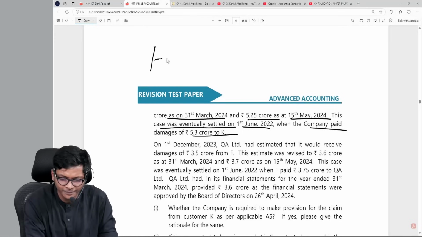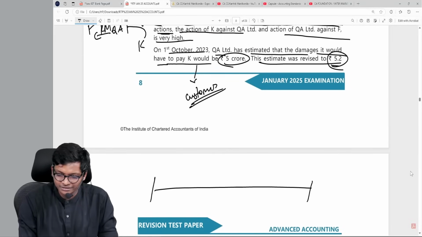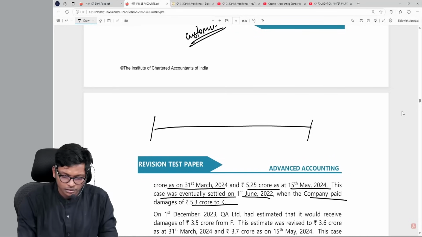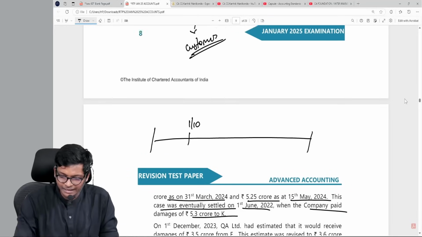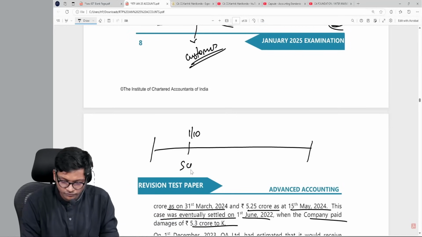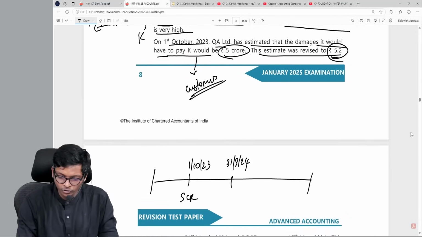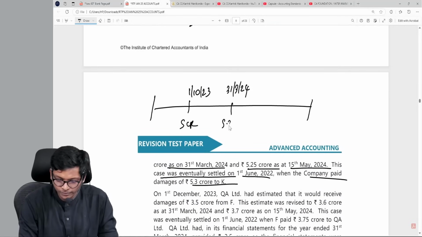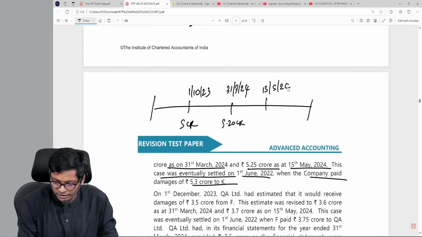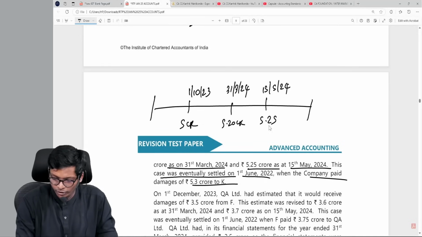That means if I prepare a timeline, if you look at this timeline, guys, on 1st October 23, the damage payable was 5 crores. Then 31st March 24, it was 5.20 crores. And then 15th May 24, it was 5.25, and finally on 1st June